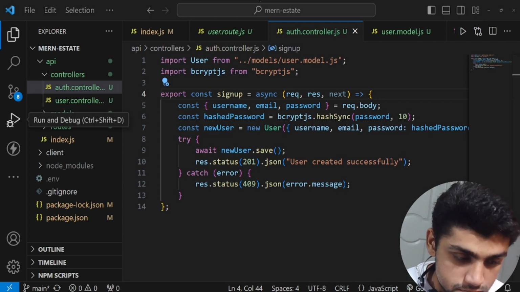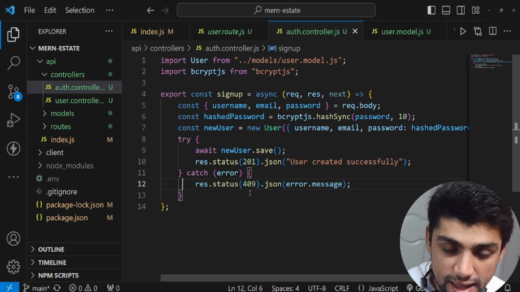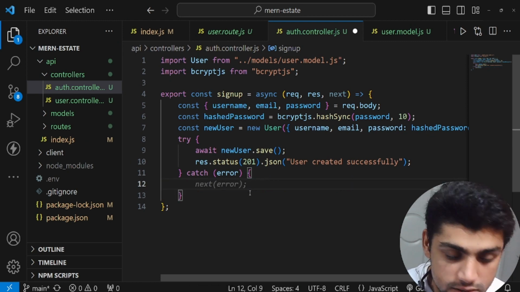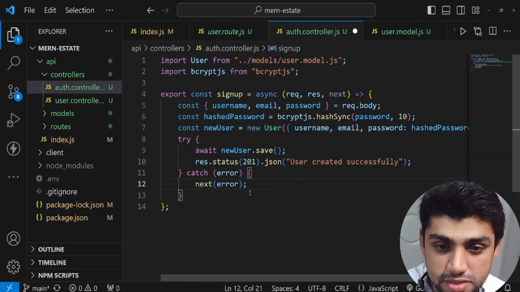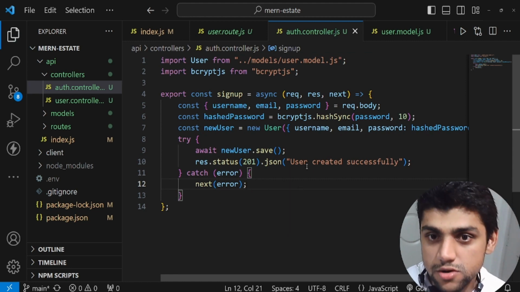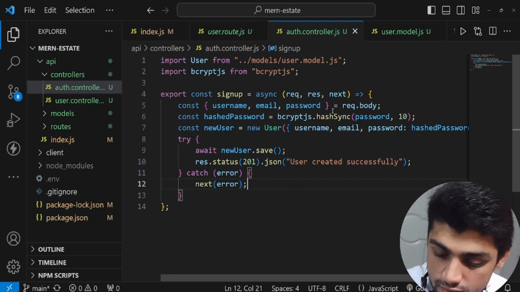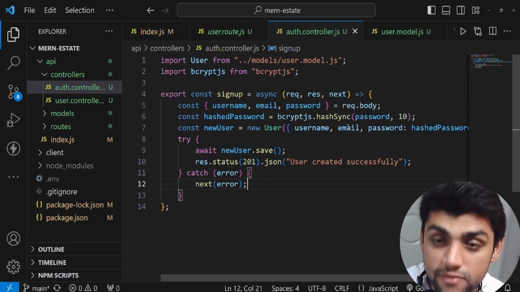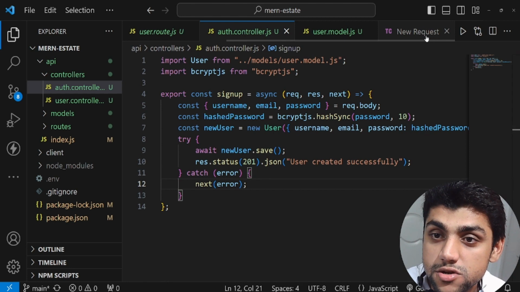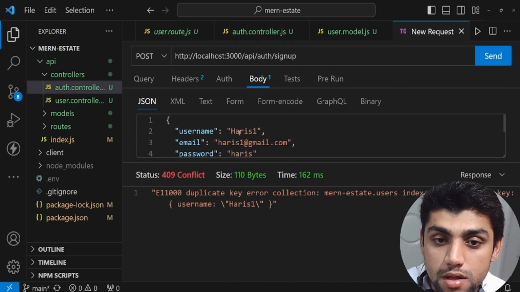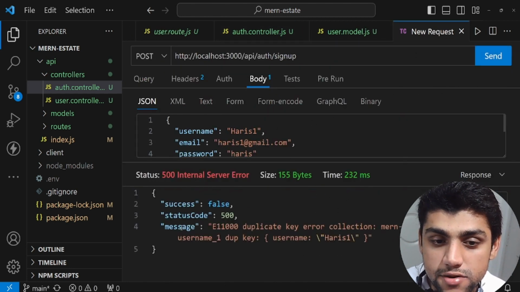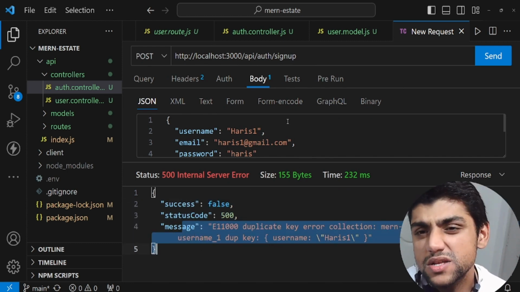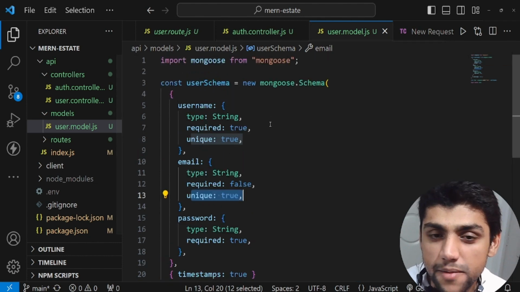Now, the thing is, over here in the catch, instead of throwing anything like that, we want the middleware to handle it. So we say next, and we put the error inside of it. So as simple as that, and we're basically handling it. This is gonna use all of our data, and everything should work. So let's go here, and let's see this. And now you can see success is false, status code 500, and then the message is here. Just a better way to handle the error. So yeah,